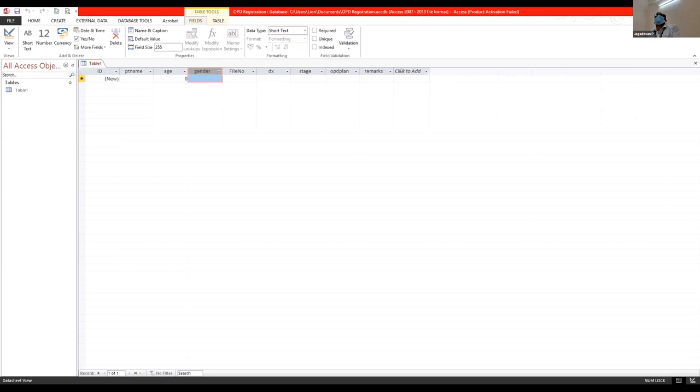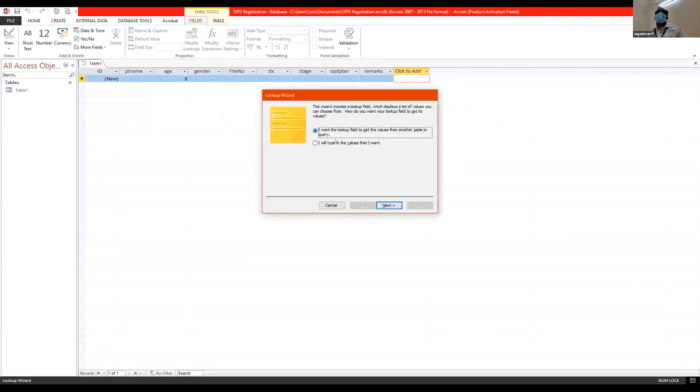I click a new one and then I click lookup values. I'm going to look up multiple values whenever I come to this field. In this lookup value, I'm going to enter the values which I want. Of course, if you have another table of data, you can also pull up information from there. I'm not going to go into that. Let me type in the values that I want.